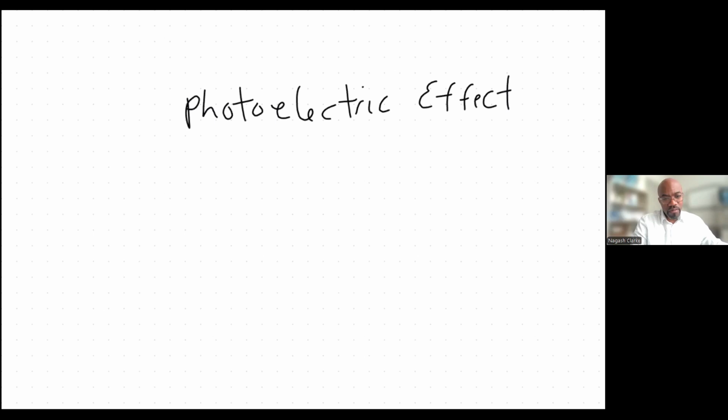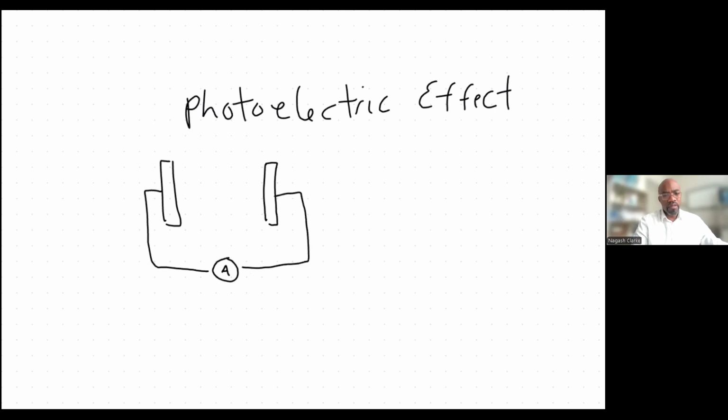So if we have this, we're going to make a circuit with some metal electrodes. I want you to envision a wire, and then there's an ammeter, which measures electric current. So if we shine some light, whatever light, if the light has the appropriate frequency for this metal, whatever the metal is, let's say the metal is copper or iron or zinc,